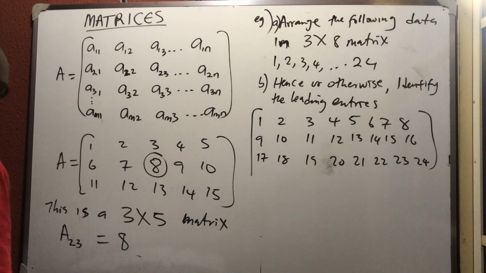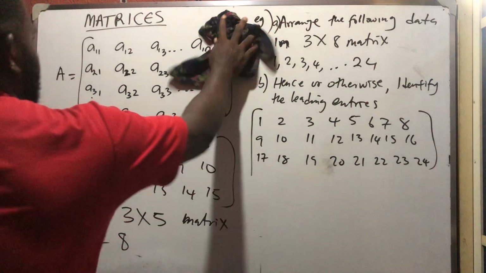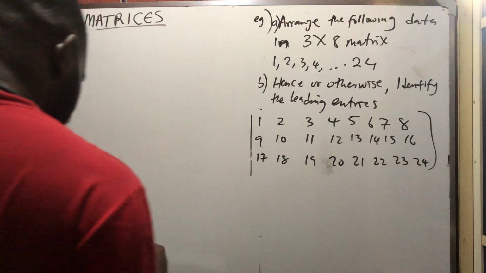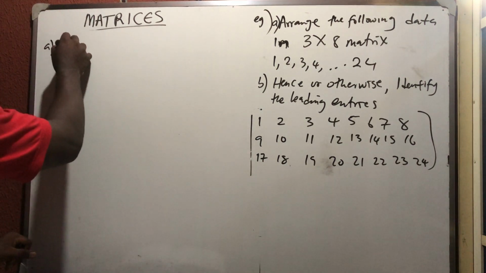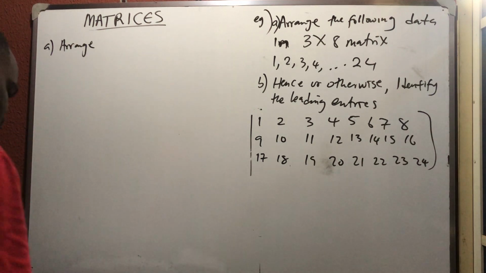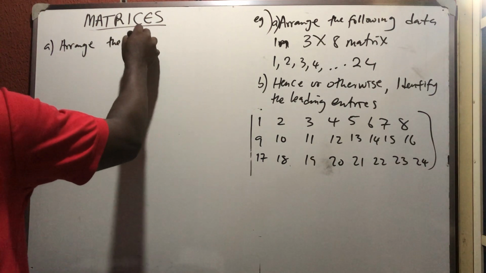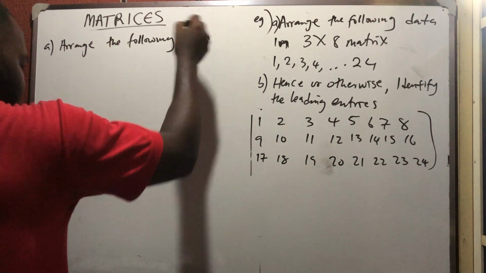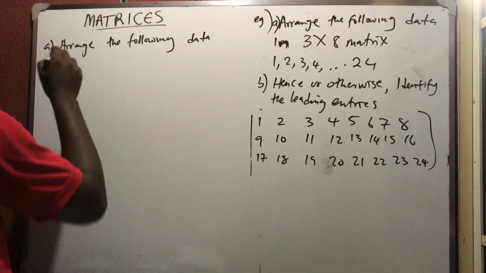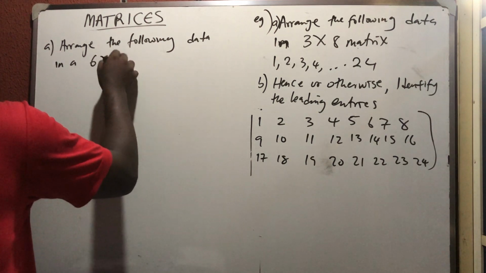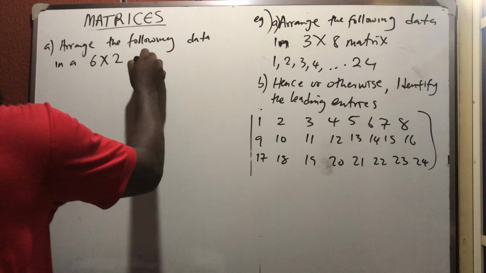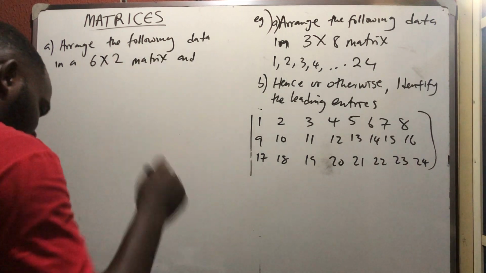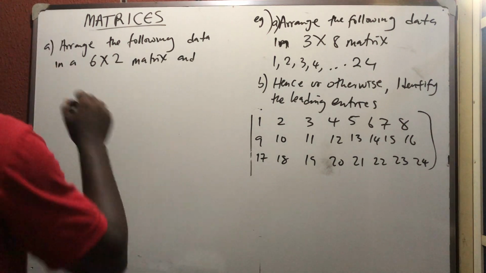Okay? So let's take another question and then we move on. The next question says arrange the following data in a 6 by 2 matrix, and identify